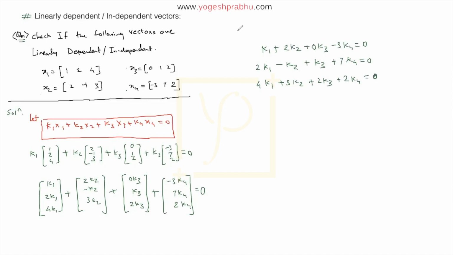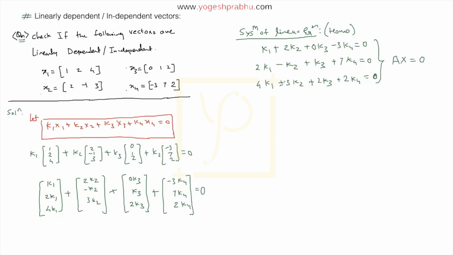And now if you observe carefully, this is a system of linear equations. The reason I'm calling this linear is that there is no higher order; the power of all the variables here is 1. That makes it linear. And system simply means there are a total of 3 equations. Also, a very important point to note is that this system is a homogeneous system. What do we mean by a homogeneous system? It is of the type Ax equal to 0, where the right hand side is 0. Do you see these are all zeros? That is basically a homogeneous system. So Ax equal to 0 is the homogeneous system we have got here.